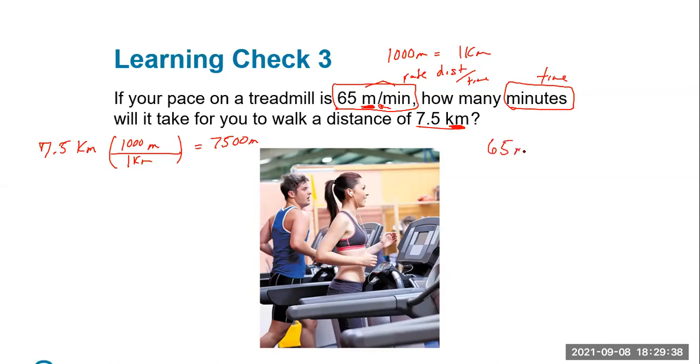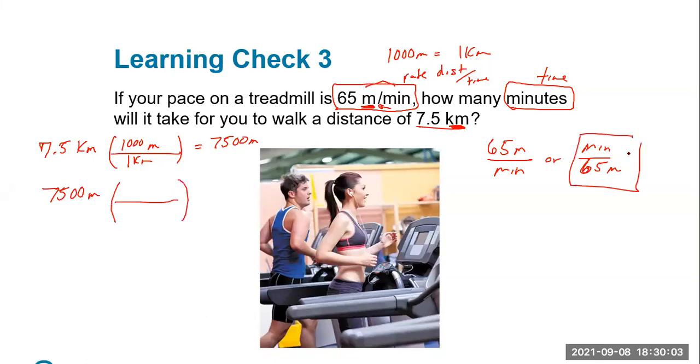Basically, that means 65 meters per minute, or in a minute, you go about 65 meters. Using that as a conversion factor, we would take our 7,500 meters. Again, we see meters are up on top, so we want to go opposite to cancel. That's going to also convert us from distance into time. The meters will cancel. So we're basically taking 7,500, dividing it by 65, gives us a